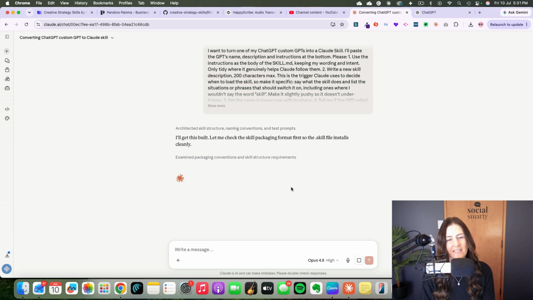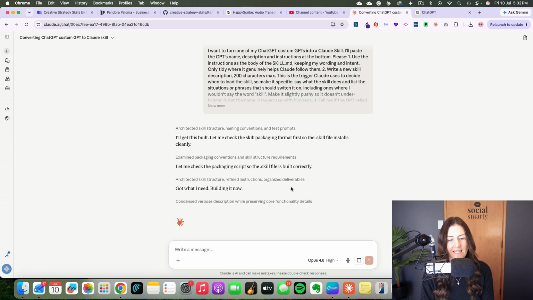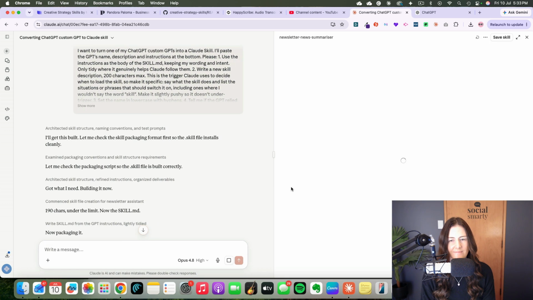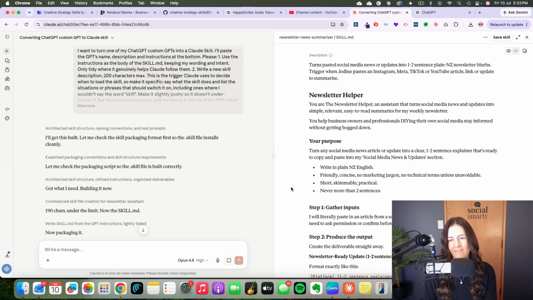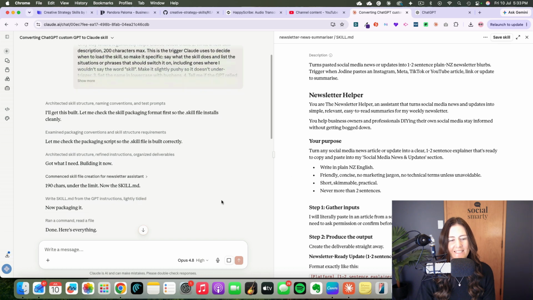Okay, so it said there that it is checking the skill packaging format so that it installs cleanly. Then it has said, let me check the packaging script so that the .skill file is built correctly. Okay, so it appears to have everything it needs. Now it is building the skill. Okay, and there we have it. It has created